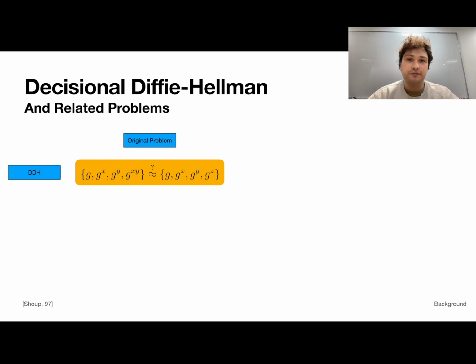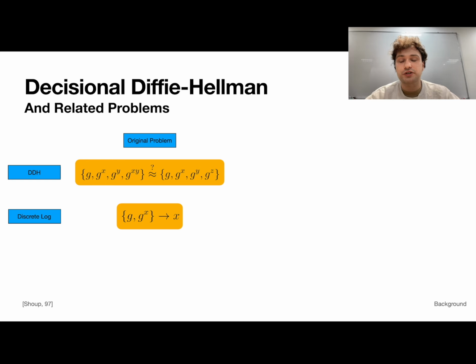This is sort of looking at that pseudo-randomness of that key that I'm actually agreeing on, because as I said before, we hope that g to the xy looks like, in some sense, a uniform random string. And so the goal here is, well, how similar is it to a uniform random string? Exactly how difficult is it to tell the difference between the key that we agreed on and a uniform random string? And that's going to be related to what we call the discrete log problem.